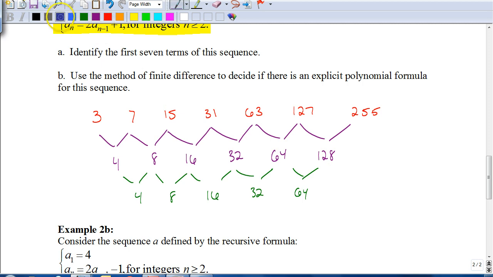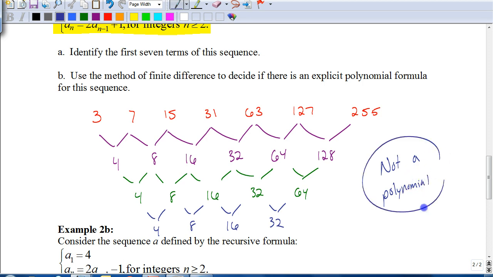If I do this again, notice we're just going to start spinning our tires because 8 minus 4 is 4. 16 minus 8 is 8. 32 minus 16 is 16. This would be 32. So we just continue the cycle over and over and over again. So this would be a situation where there's not a polynomial. So there's not a polynomial that exists that would give us those 7 numbers, the 3, 7, 15, 31, 63,